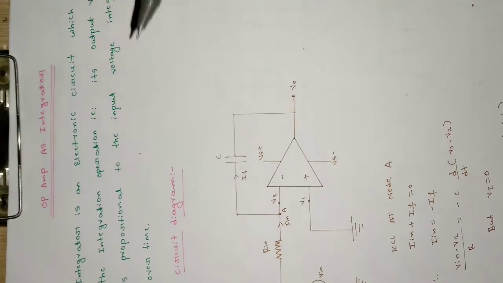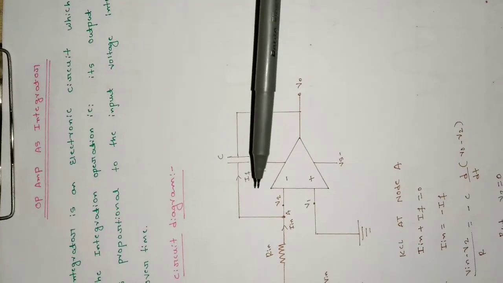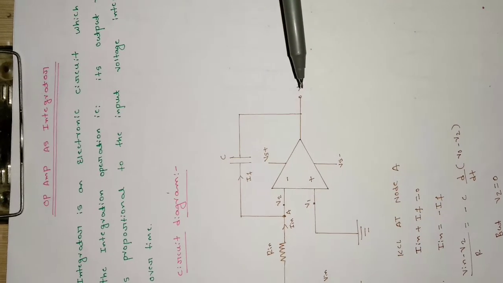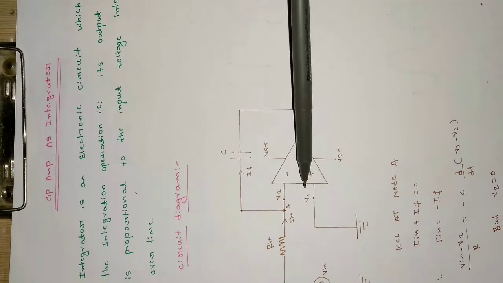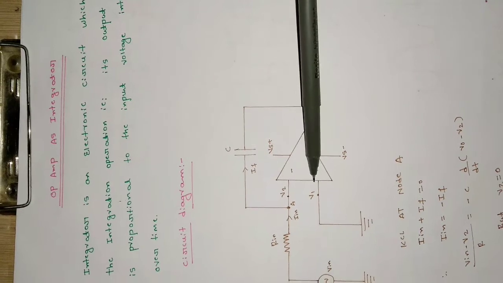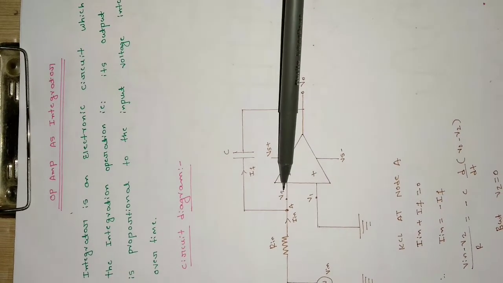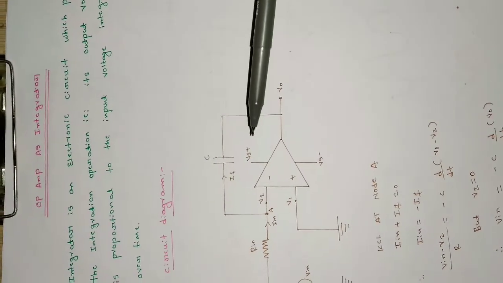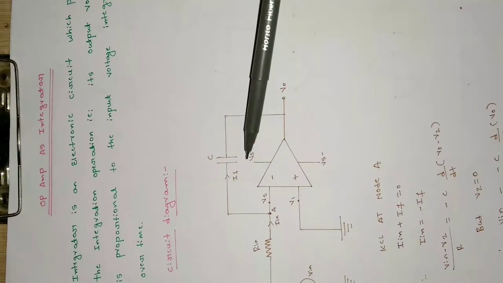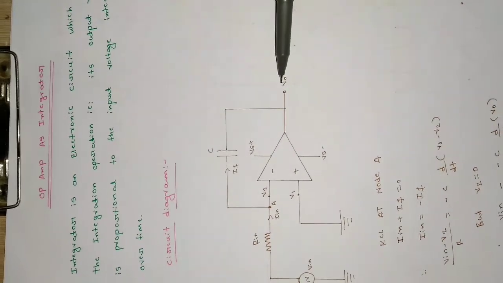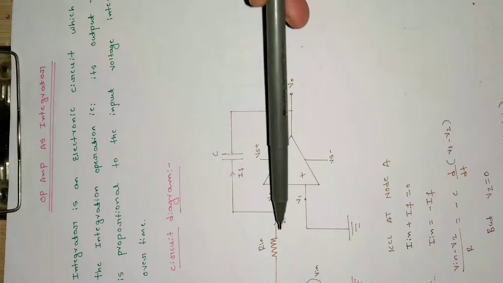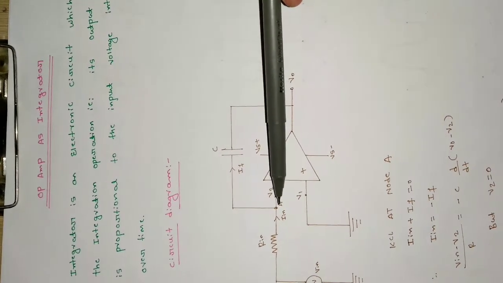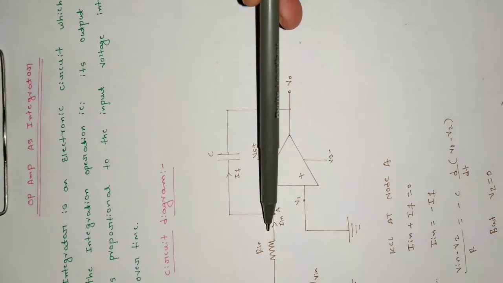It consists of, as usual, the input resistance R in, and the second terminal, that is the non-inverting terminal, is tied to ground, so the voltage at point P1 will be 0. Due to the virtual ground theory, the voltage at point V2 will also be equal to 0. This is the power supply which is applied, and this is the output pin. Due to the source V in applied here, there will be a flow of current I in through the input resistor, that is R in.